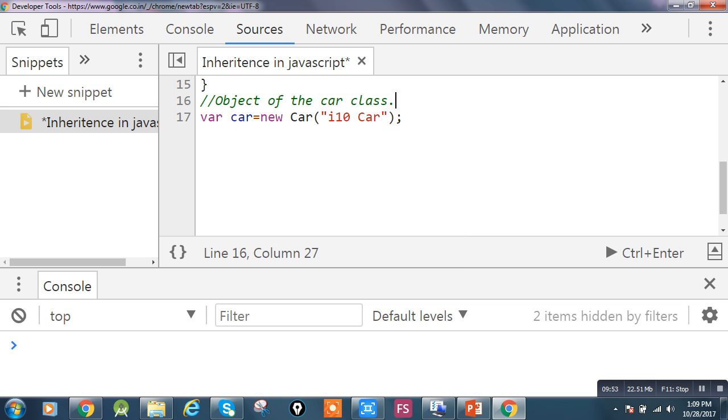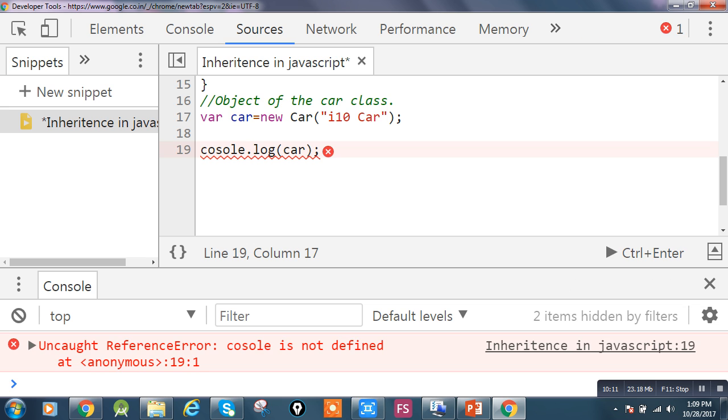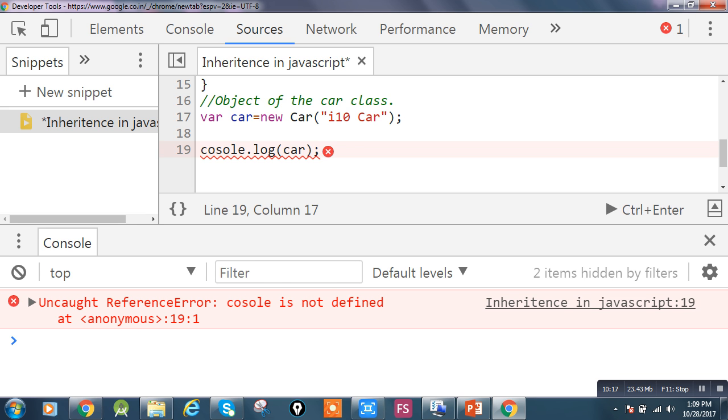So let me console it in the console window so that you can see the output of the car object. And you can see here there is some error. Oh, I missed the n in console.log. So now you can see here the car object.